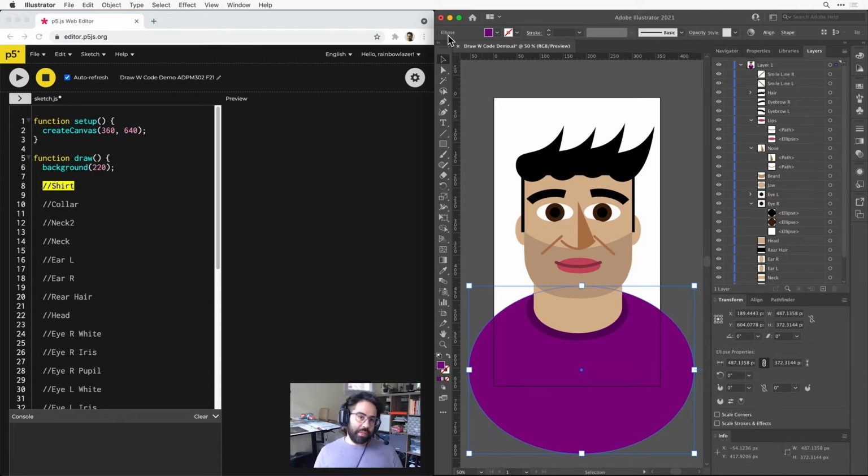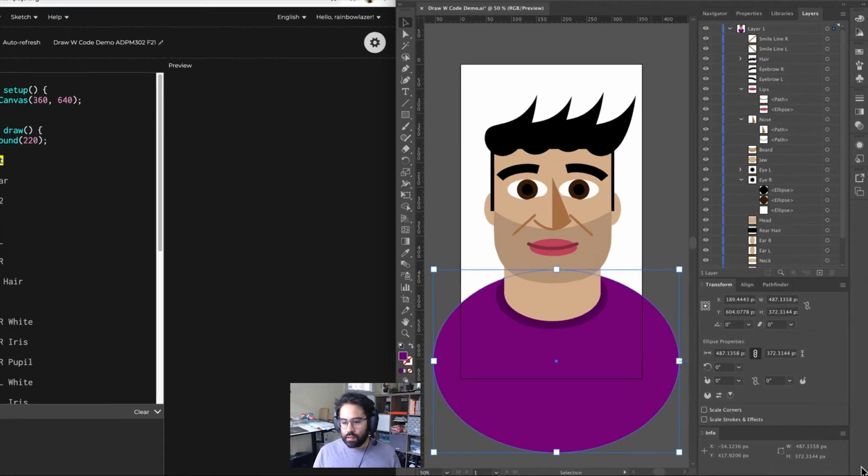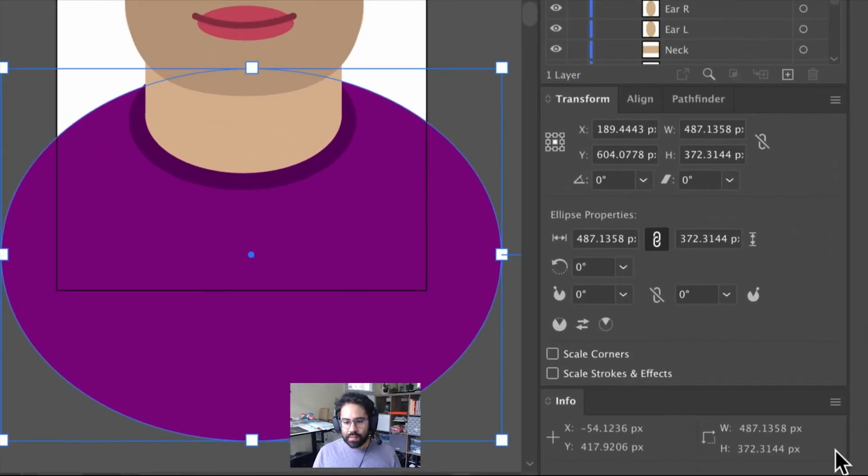So for shapes that are regular geometric shapes, things like ellipses, circles, squares, rectangles, I can use the Transform panel to take out some of their properties and translate those coordinates into P5 really easily. So I've got this shape selected. I'm going to go ahead and zoom my screen in here just so we can see a little bit more clearly how this Transform panel is